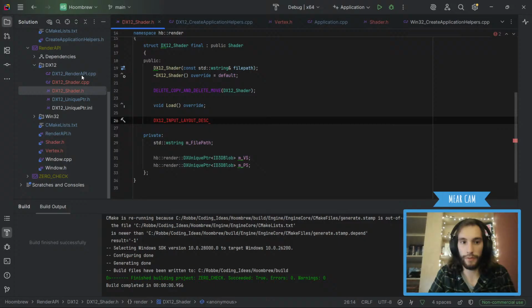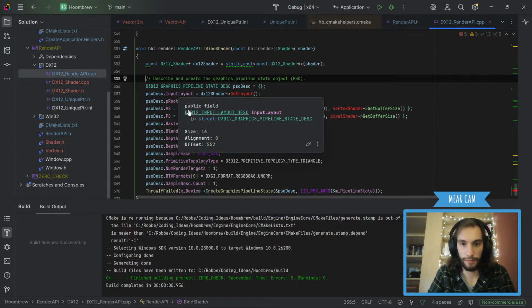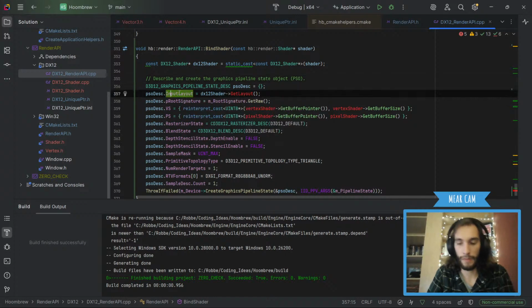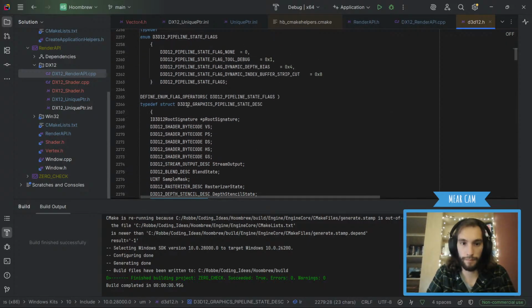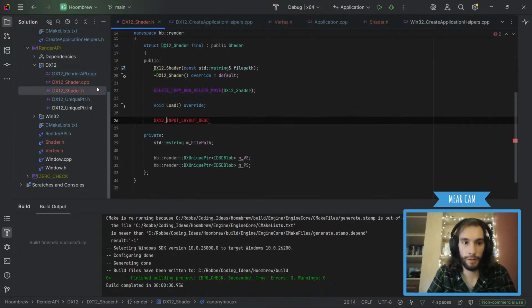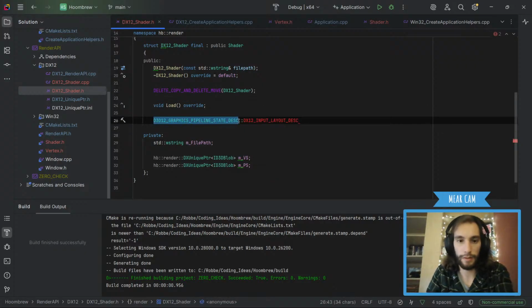And it can't resolve that symbol. Great. Hold on. Oh, it's in this one. Let's see if it's that. No, it should find that.